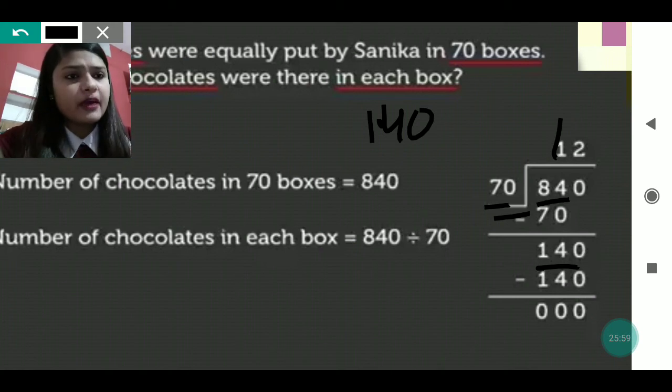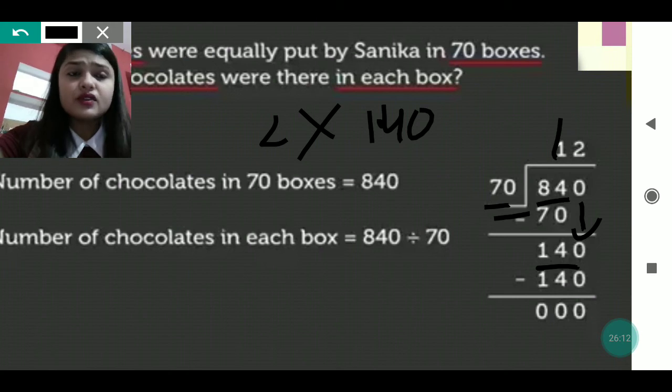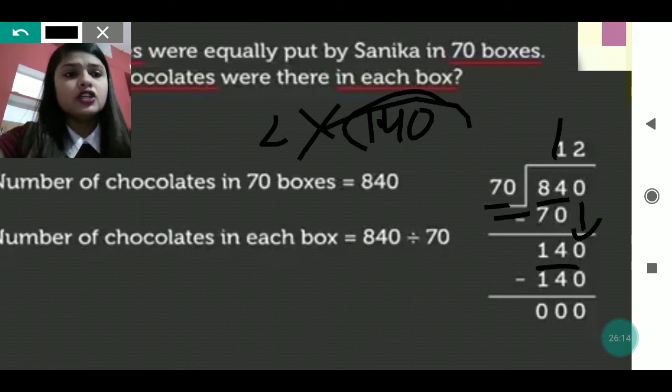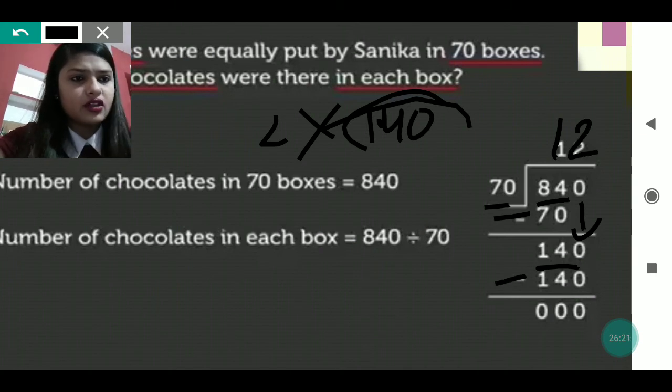So is there any number left? Yes, 0 is left. So for taking that 0 down, we have put an arrow and we have taken that 0 down. Now that 14 has become 140. So I have already told, in the table of 70, two times, what will come? 140. So 140 we will write just below 140 and 2 we will write in the question column. Now we will subtract. 0 minus 0 will be 0.